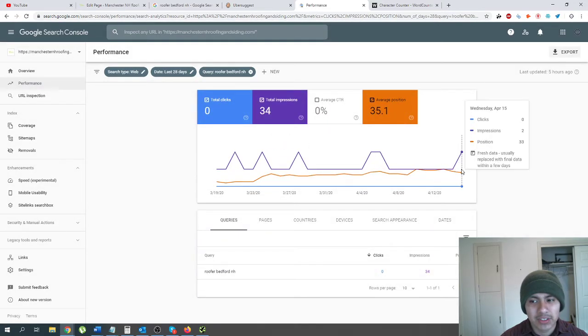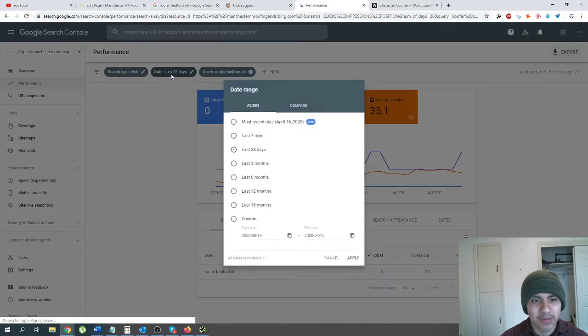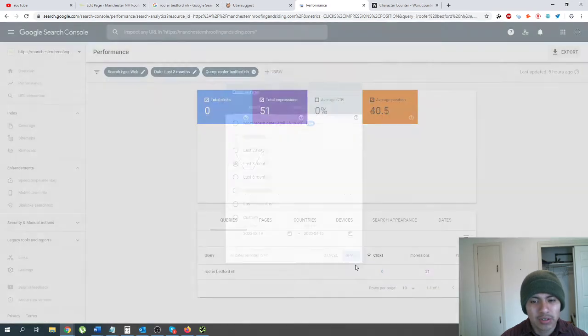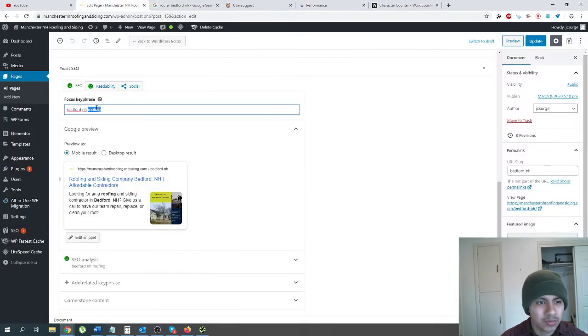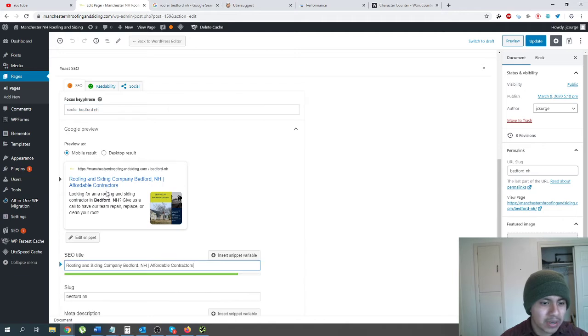Now, as you can see, my position has gone down over some time, which is a bit annoying, but it looks like it's consistent. It looks like it's something that I can rank for because at least Google has registered me for that keyword. And I was originally in position 74. I'm doing a lot better. So what I'm going to do is I'm going to do roofer Bedford, New Hampshire. Now I don't really go by Yoast as much anymore, but if we want to do something